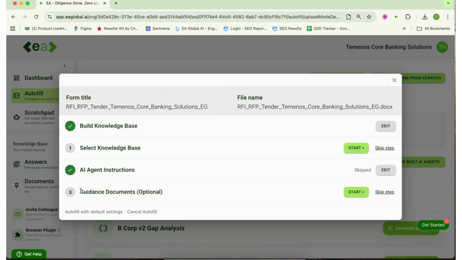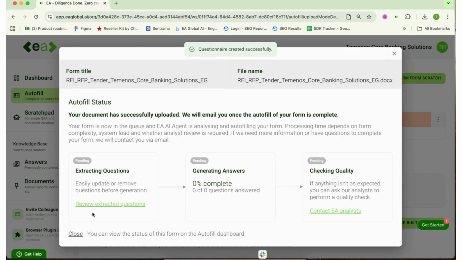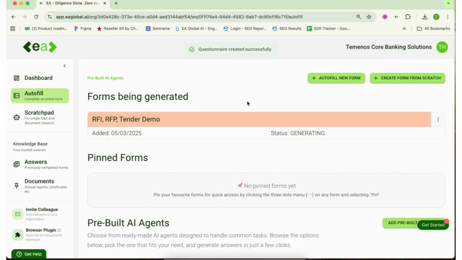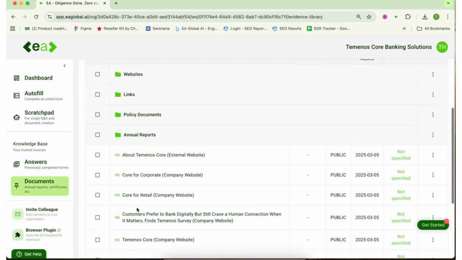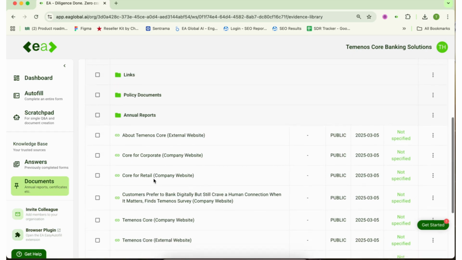And then if you're doing a bid or a tender, you may well find you've got guidance documents for what they're actually looking for and how to win the bid. You can upload these here so that AI has all of that context available. Today, I'm just going to go with the standard settings,